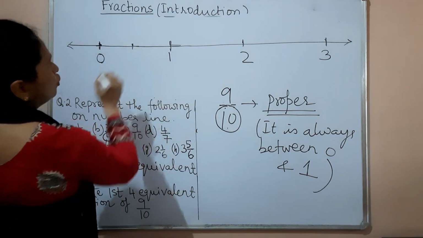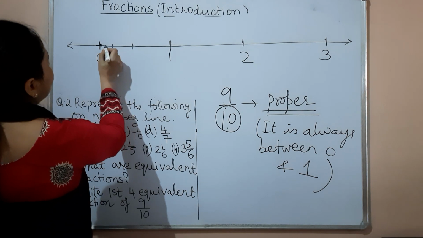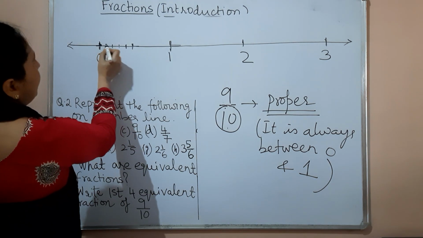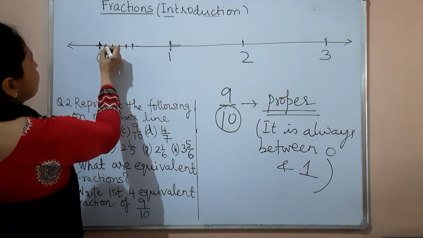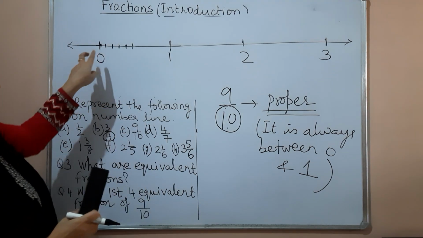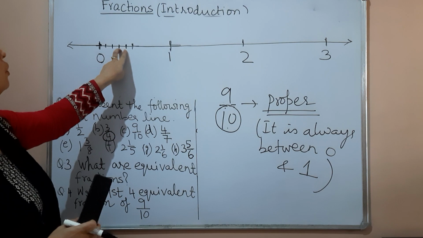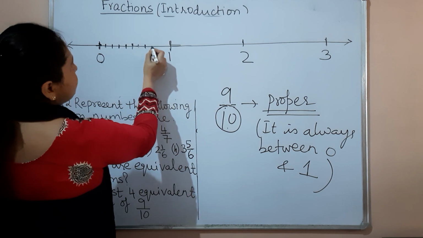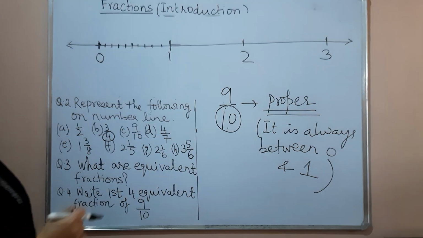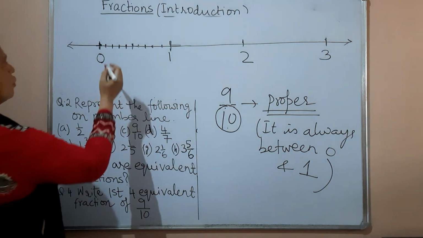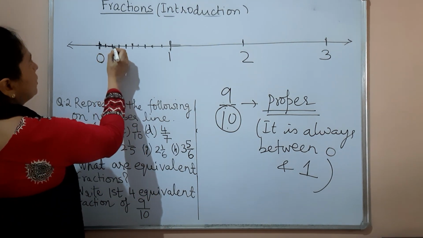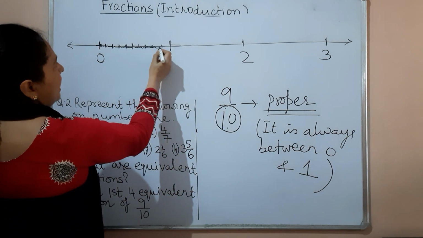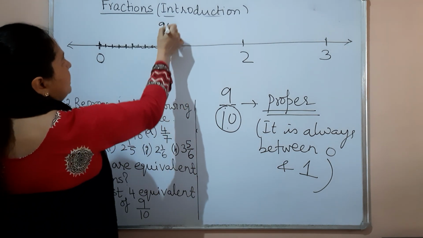10 equal parts, this is 2 equal parts. Now in each one of them I will have to make 5 equal parts. So 1, 2, you see only 1, 2, 3, 4 points you made, and you are going to get 5 parts. 1, 2, 3, 4, 5. Now the same way, 2 pieces for this one and 3 pieces for this one. Now in total we got 10 pieces, and we know 9 out of 10 is 1, 2, 3, 4, 5, 6, 7, 8 and 9. So this is your 9 by 10.